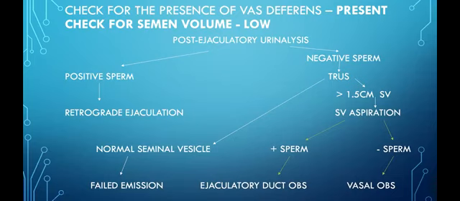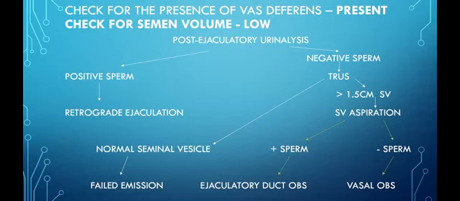And how this is done is the patient's urine is alkalinized for about 24 hours. On the morning of the specimen, the bladder is emptied and then washed out with Ringer's glucose solution, and about 2 ml of that solution is left in the bladder. The patient is then asked to masturbate, and the ejaculate that is then urinated out is evaluated for sperm. If there is sperm, then we know that it's retrograde.